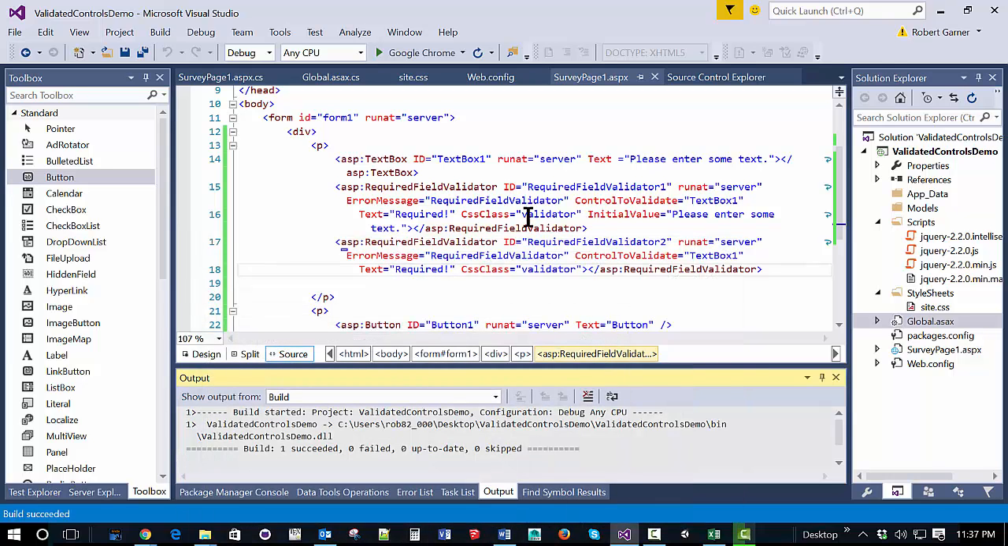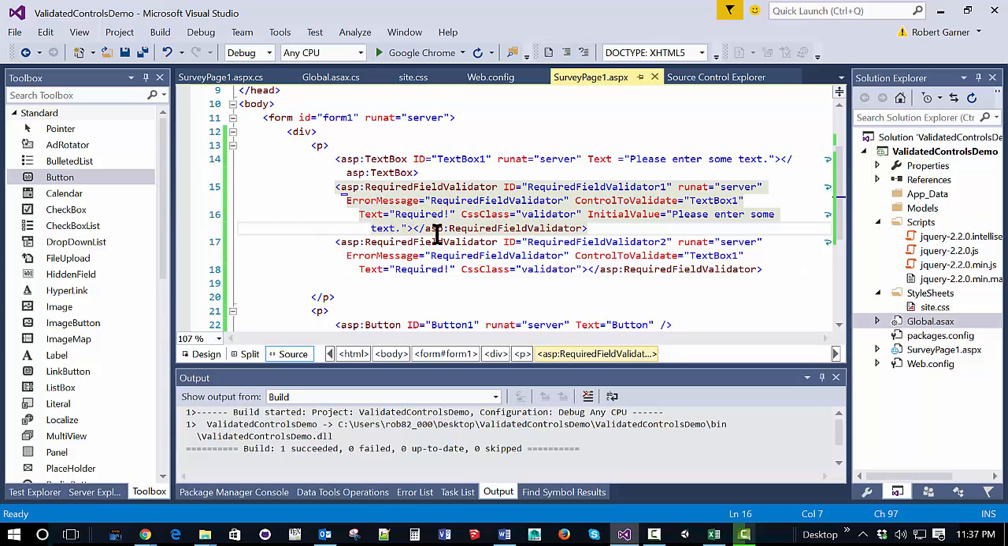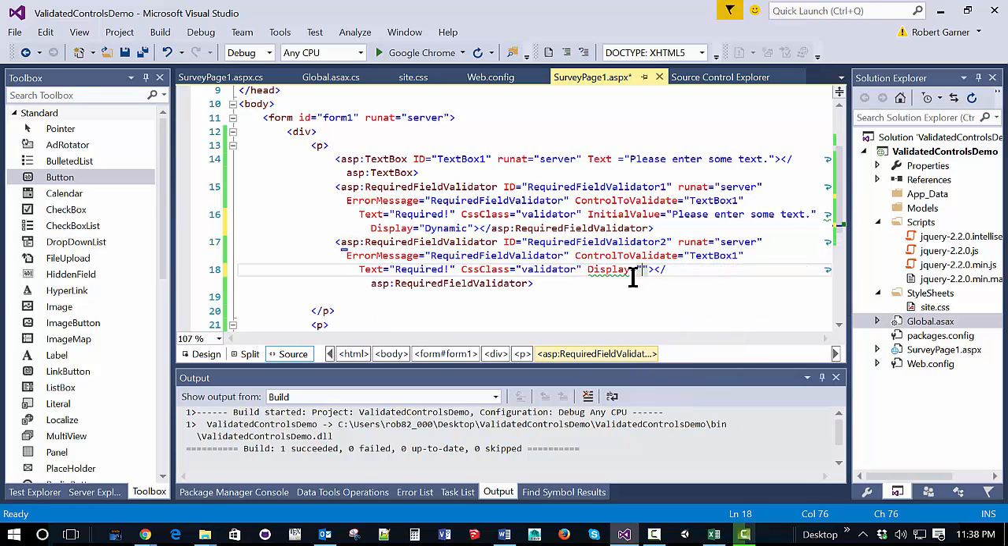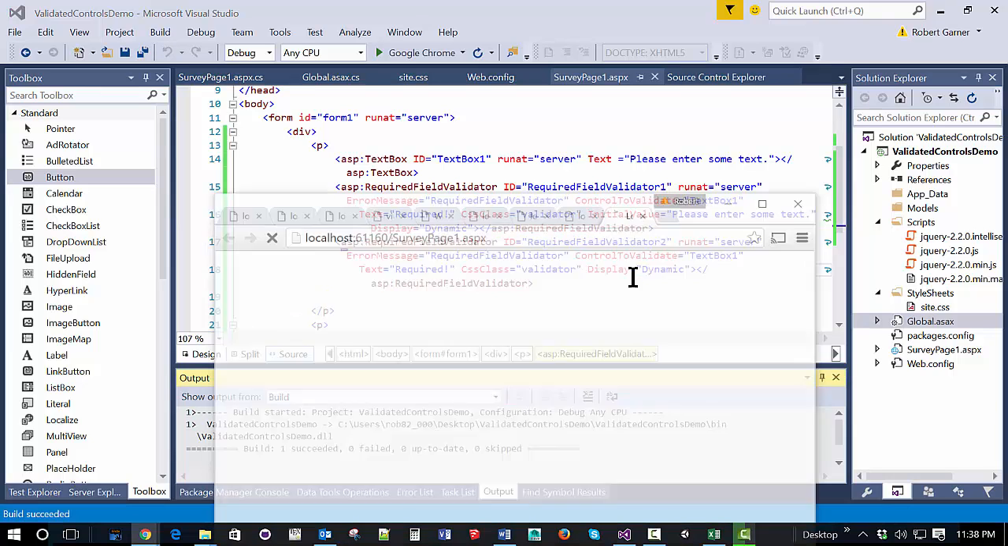is we can set in our required field validator display equals dynamic. And you probably don't really need it for the second one, but you might as well. And now if we run that,